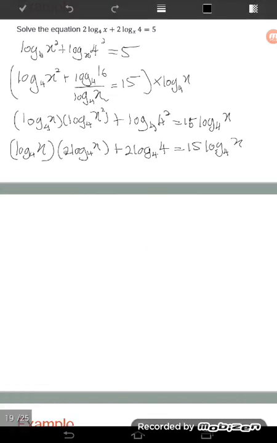Okay, so next, here multiplication and here multiplication. So this 2 I can bring in front. So I have 2, and then log x base 4 times log x base 4. It becomes log x base 4 in bracket power of 2, and then plus. So this one becomes 1, so 1 times 2, which is equal to 2, is equal to 5 log x base 4. If you can see here, this one is log x base 4 power of 2, but this one is power of 1. So it actually becomes a quadratic.